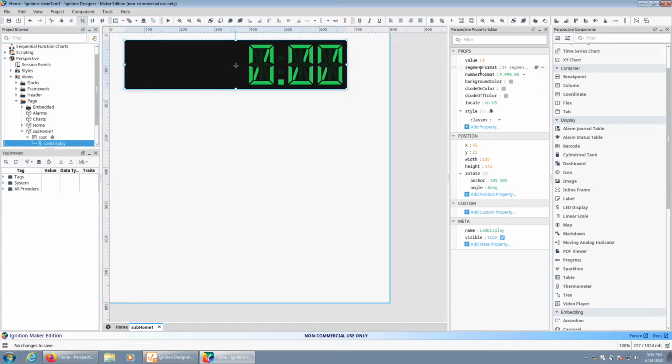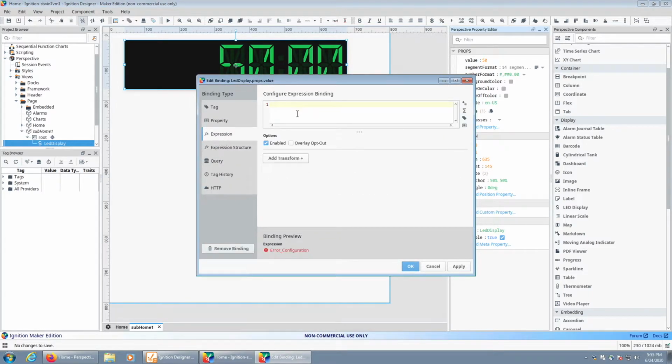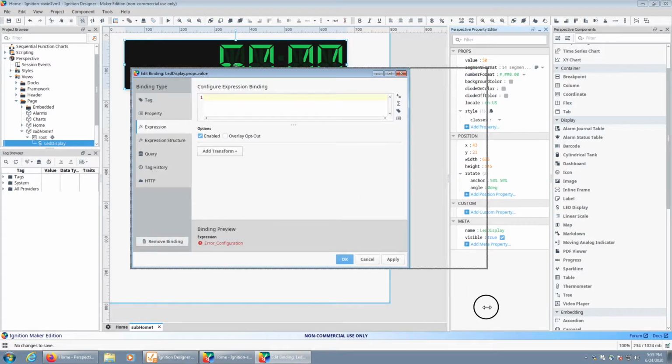Expand that out a little bit. And so with the LED display selected, I'm going to look at the value, and if we change this value, we can see it's reflected there. And on the left hand is where we can bind this value to something. And you'll learn more about binding as you learn the software, but I'm just going to click on this and go into expression. And so here we can configure an expression binding, and this can be a lot of things,